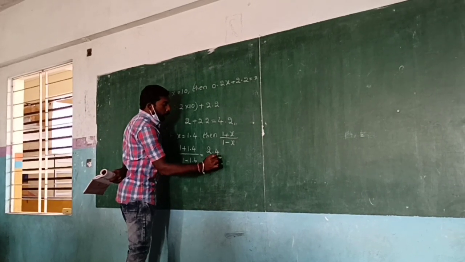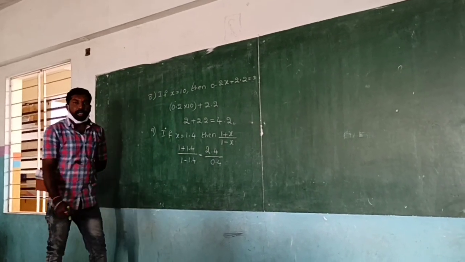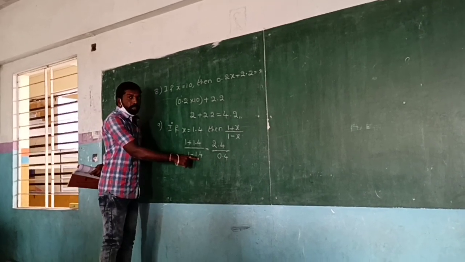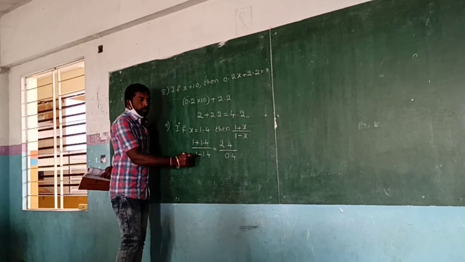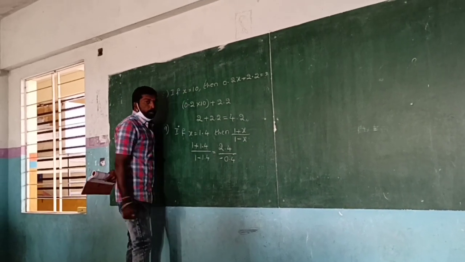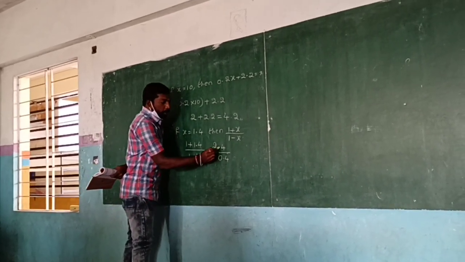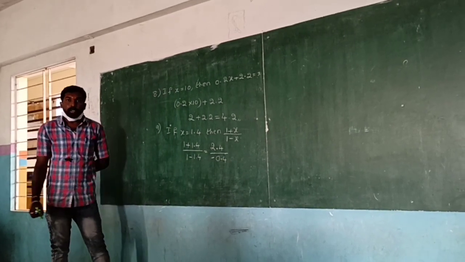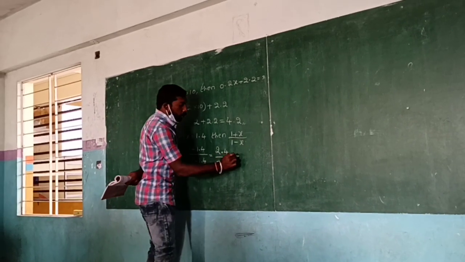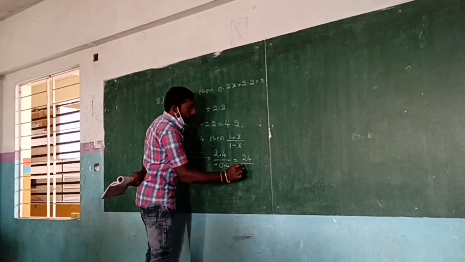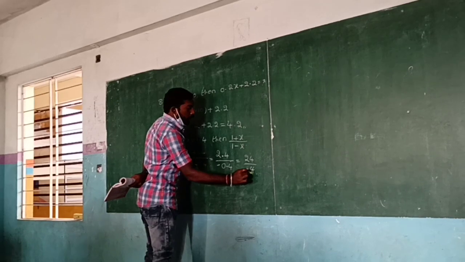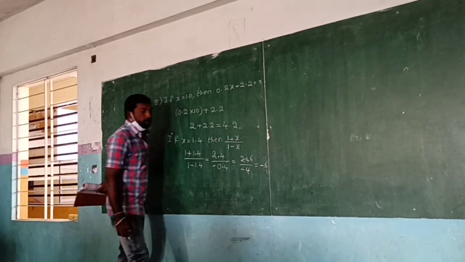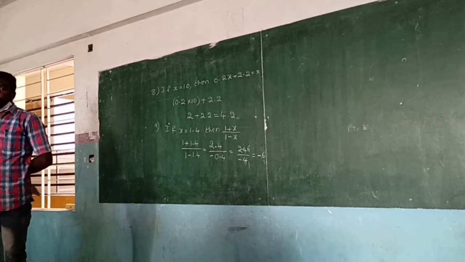In these two values, which one is greater than 1? 1.4 is greater. For this value, there is a minus sign, so you have to place that sign here. Okay, no? Here in the numerator one digit in the decimal, and in the denominator also one digit in the decimal, so you have to cancel both. So 24 by minus 4. 4 table, 6 times. So the answer is minus 6. Note down.